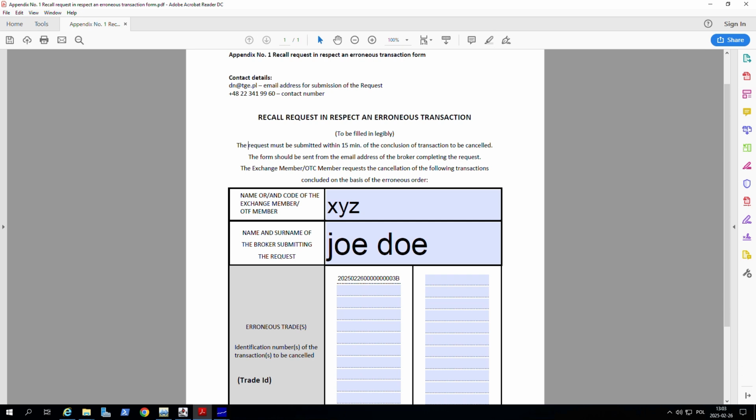The completed form should be sent from the email address of the broker filling the application to dn@tge.pl and immediately confirmed by telephone at 4822 341 9960. The deadline for submitting a correctly filled in form is 15 minutes from the moment of concluding an erroneous transaction,